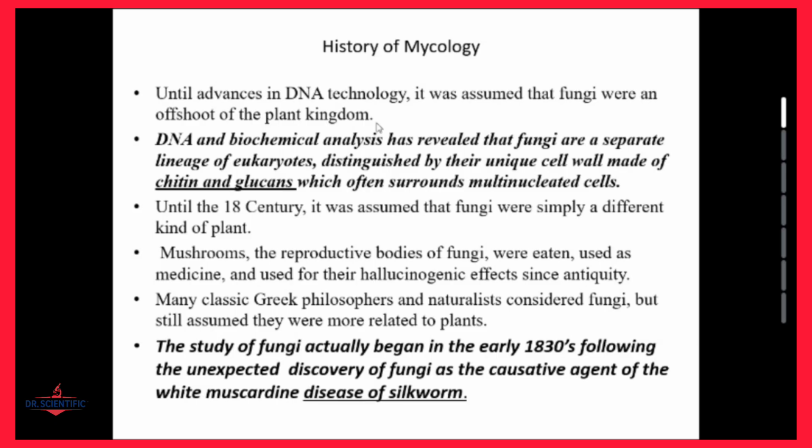of eukaryotes, which are multicellular but different from animals and plants. This was distinguished by the fact that the cell walls of fungi are made of chitin and glucans, which often surround the multinucleated cells. And this was emphasized by a Greek philosopher who discovered that in the 1830s there was